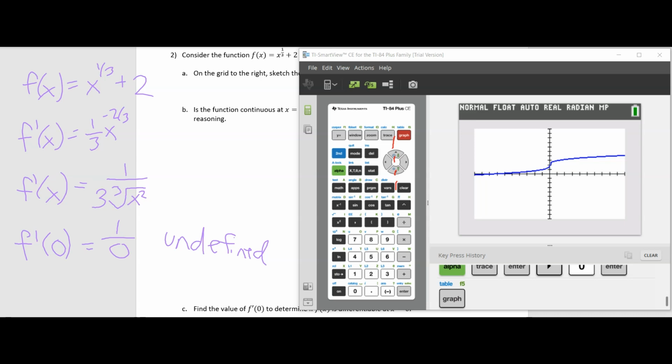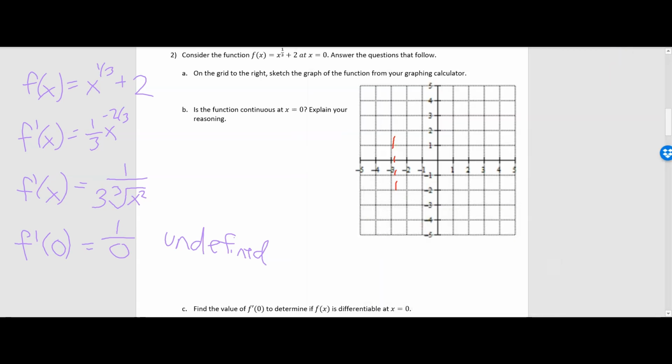So having a good understanding of what this derivative looks like, understanding that the derivative of this is going to have an x in the denominator, and if I substitute in 0 for that x, I'm going to have a 0 in my denominator, and my derivative is going to be undefined. Having the knowledge of that can help you catch a mistake that the calculator is giving you,